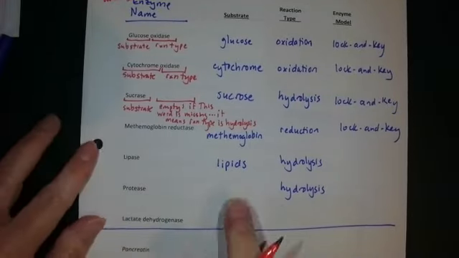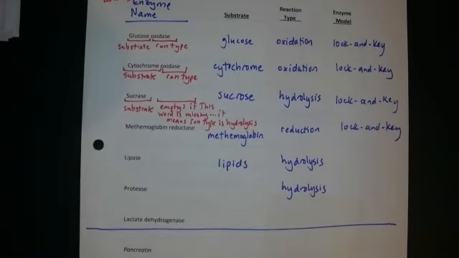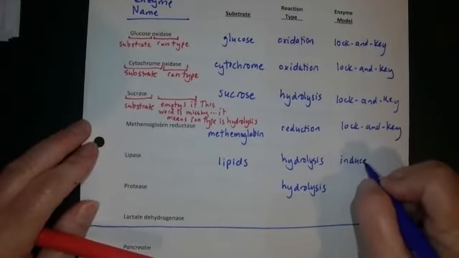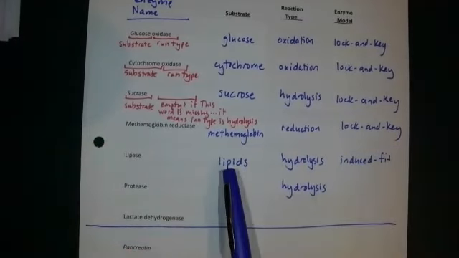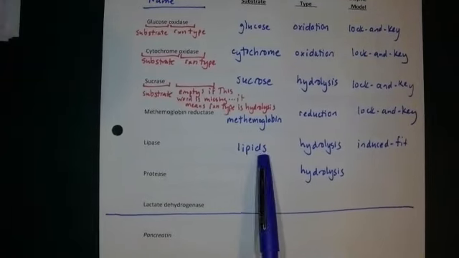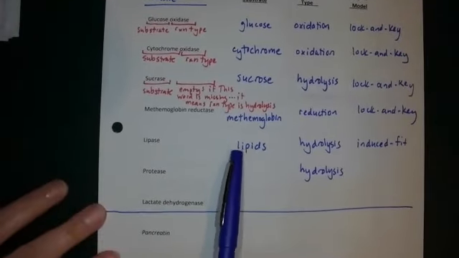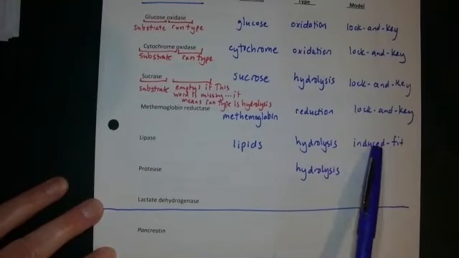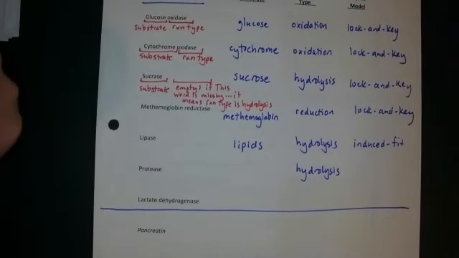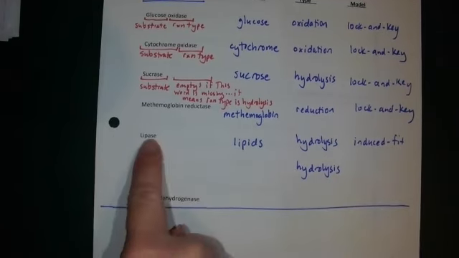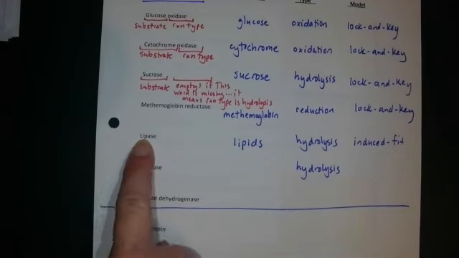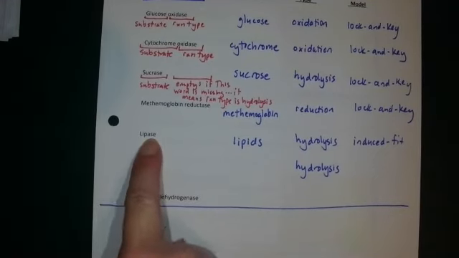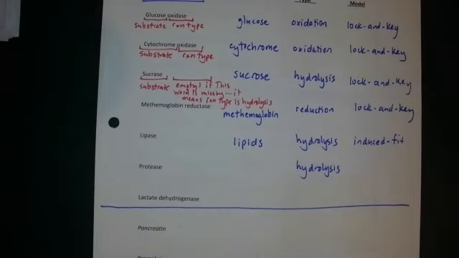When you identify lipids as the substrate, that should help you realize that this will follow the induced fit model, because that word lipids is not the name of a specific compound, it's the name of a general category. And a general category tells you that it's induced fit. And here's what I was talking about on the previous page. This model is less specific, but that doesn't mean it's not specific at all. This will work to hydrolyze lipids. It won't work to hydrolyze carbohydrates or proteins. It'll work to hydrolyze lipids, the category, but within that category, it's induced fit. It can work on any number of lipids.